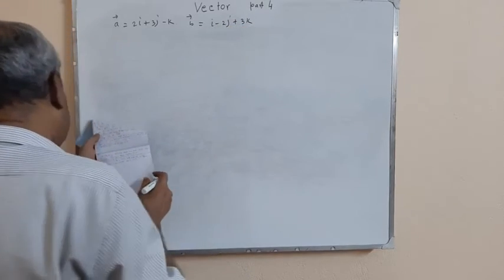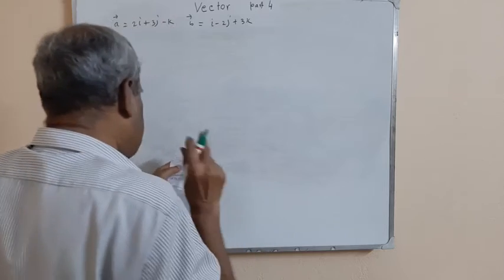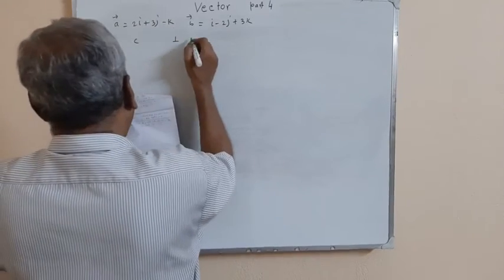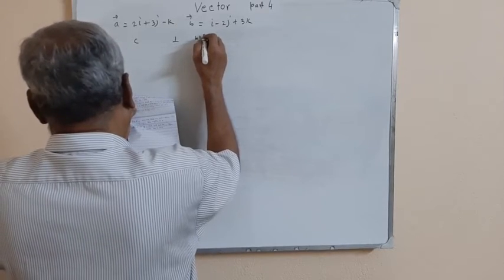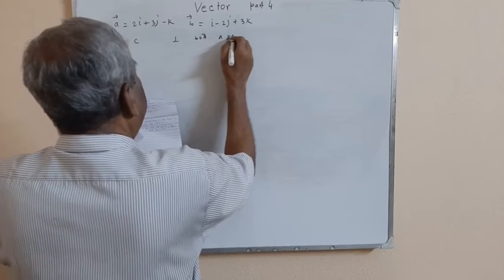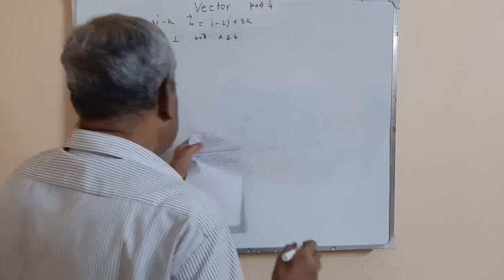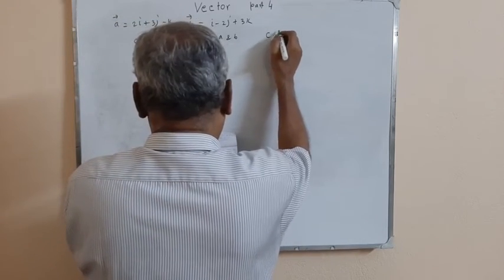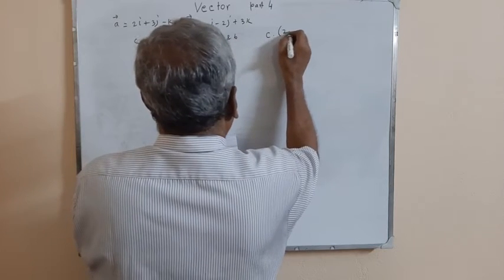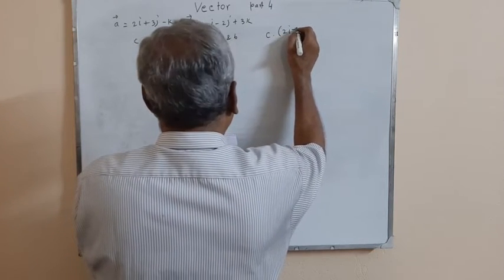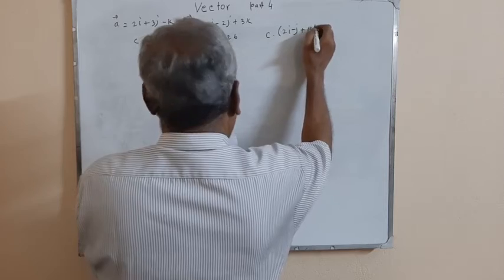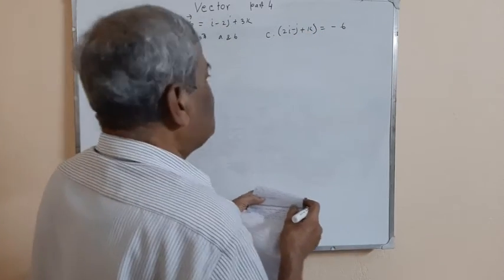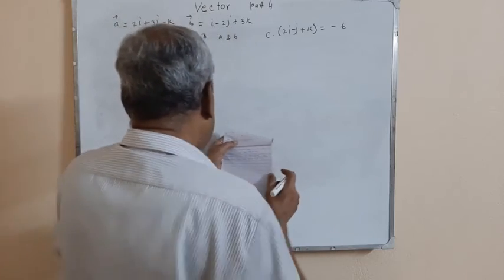These are two vectors, and C is a vector perpendicular to both A and B and satisfies C dot (2i minus j plus k) equal to minus 6. Then C is, options: